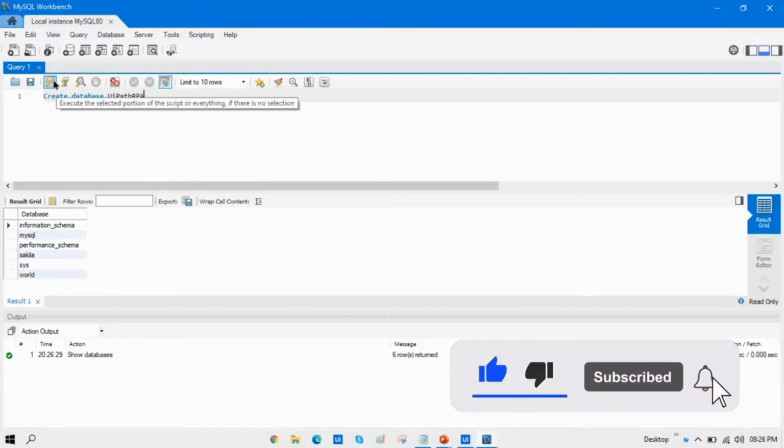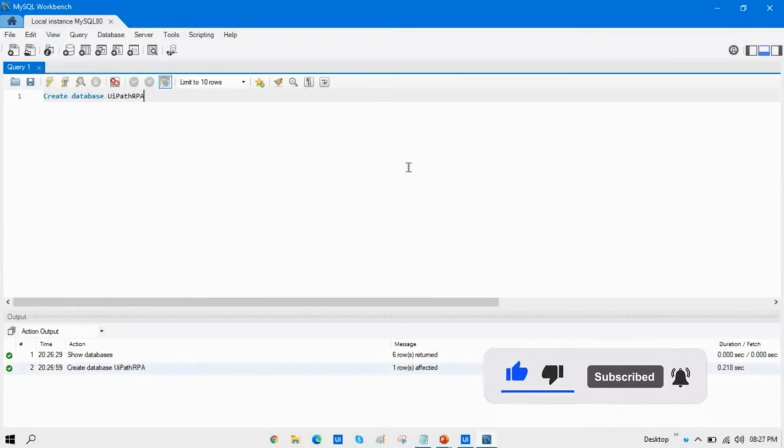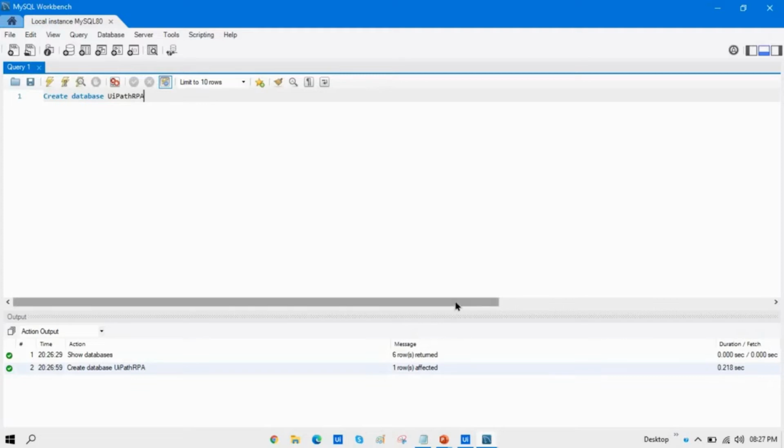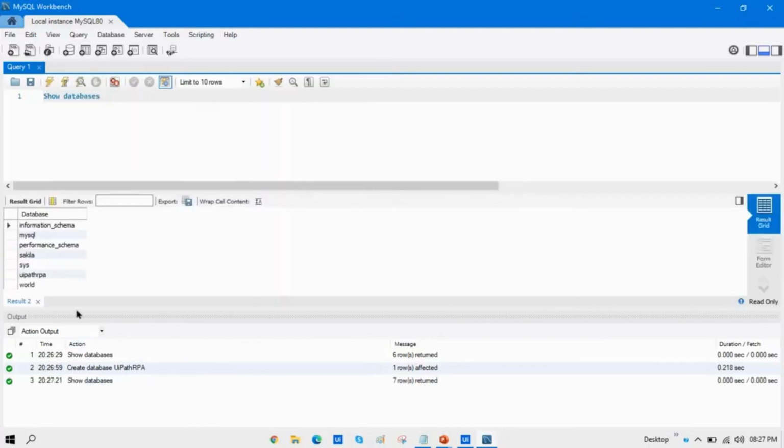Now click on execute. First, to connect UiPath and MySQL, we should have our database available. So we have created it. Here you can see create database, one row affected successfully, and then again you can search for show databases. Execute this one, and you can see your database is now in this list, UiPath RPA.